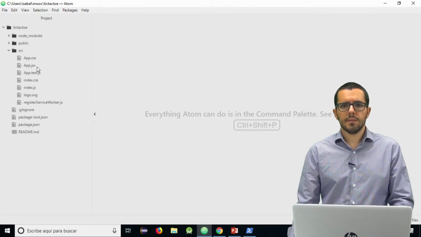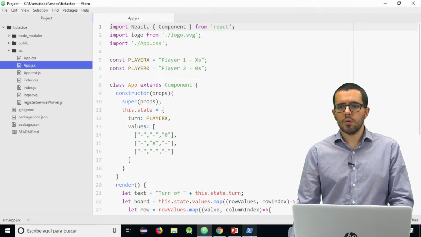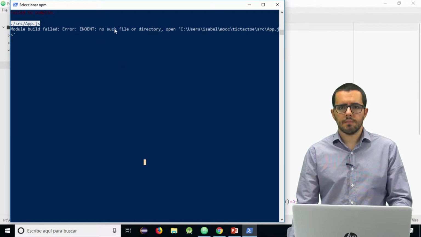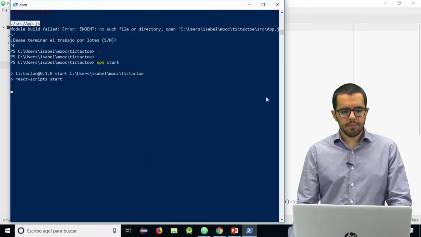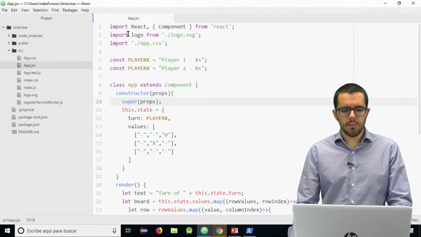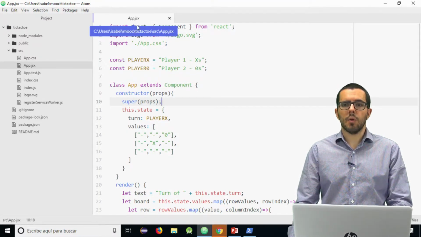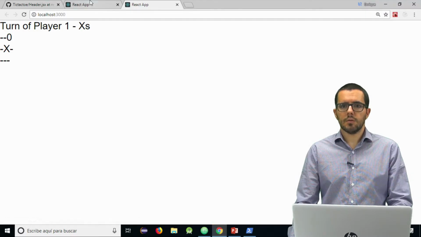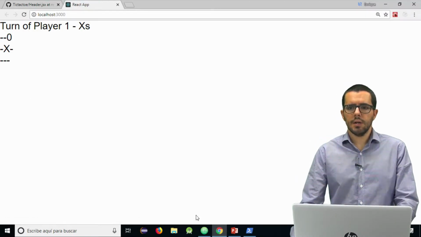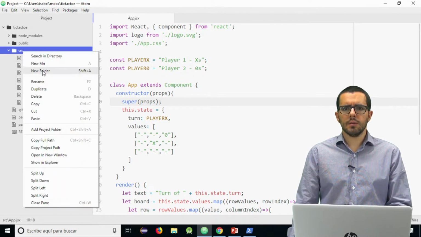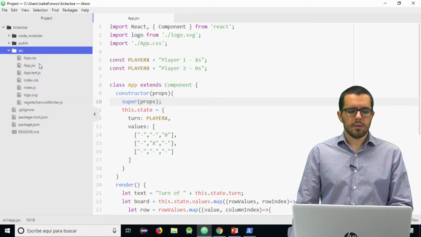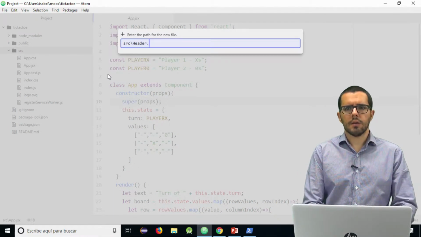In this case, we have to restart the development server because it doesn't find it, just to get the new name, because we are going to use JSX components. Okay, so if everything continues working, we are going to start adding the components. Our first component will be header.